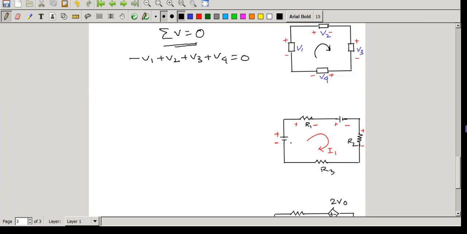Now we start one example with one circuit. In this circuit we apply a voltage V1 and another voltage V2. As per KVL, we can easily identify the current flowing from this point, minus to plus, positive to negative, that means V1 is negative, and here positive to negative, so V2 is positive. If we apply KVL here, the equation is minus V1 plus, here resistance R1 is present and current also I1, so we can write I1 into R1,